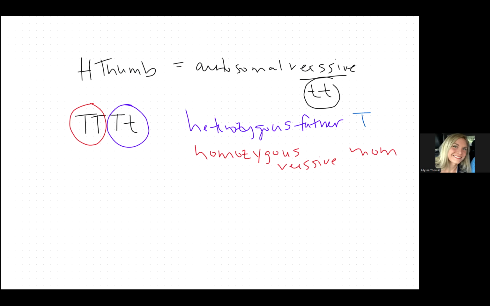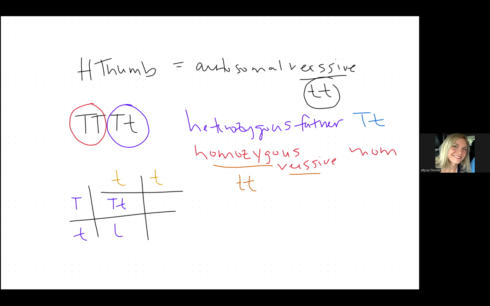If we have a homozygous recessive mom, homozygous means same, and recessive again is going to be those little alleles. So they're going to look like this. Let's construct our Punnett square. We're going to put mom at the top and dad on the side. Like this. So now we have big T, little t, little t, little t, big T, little t, little t,